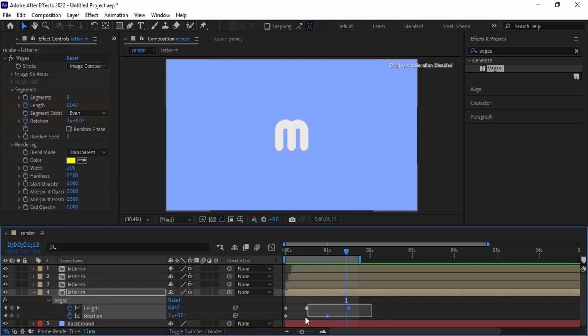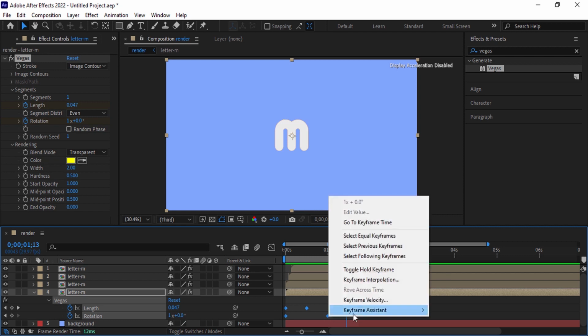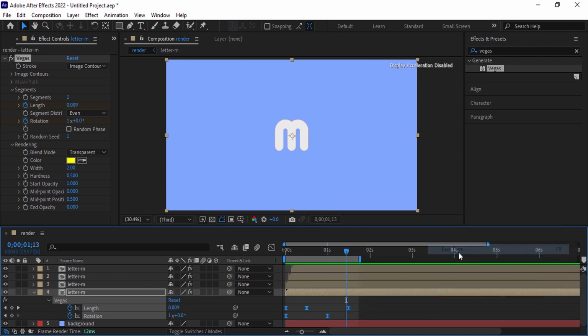Now select all keyframes and press F9 to ease them. The first letter is done.